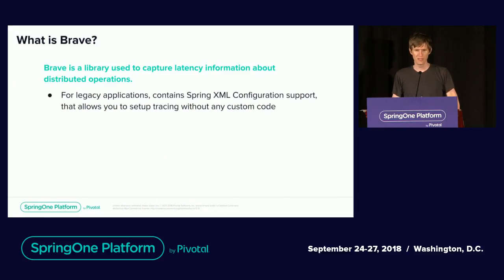And the one thing that we found over time is that tracing is actually about your whole architecture, not just your shiny new things. And so there's considerable deployments of technology. There are Spring 2.5 MVC apps. People are using XML config. They're not using Spring at all. And that's another thing that Brave focuses on. It requires JRE 6. That is a minimum requirement, but we do ship in Spring Bean support and other ways to allow you to weave in all of your apps, or as many as possible,